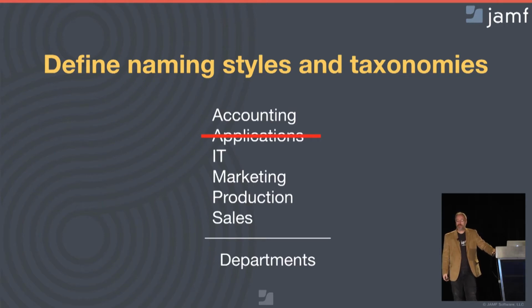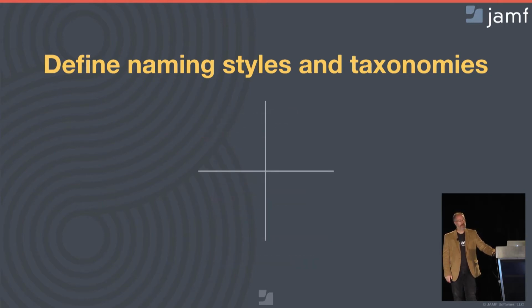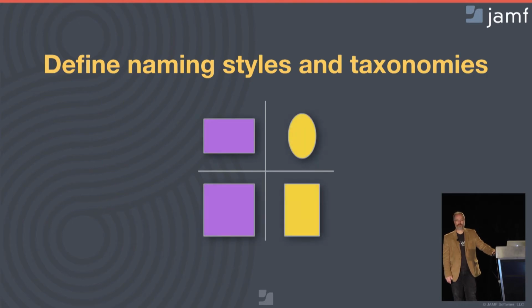All right, let's keep playing our game. What's the taxonomy here? All right, this one's actually got 2 possible answers. If we see rectangles and ovals, then our taxonomy is shapes. If we see purples and yellows, then our taxonomy is colors. Either way, we've identified a way to classify everything in this group,